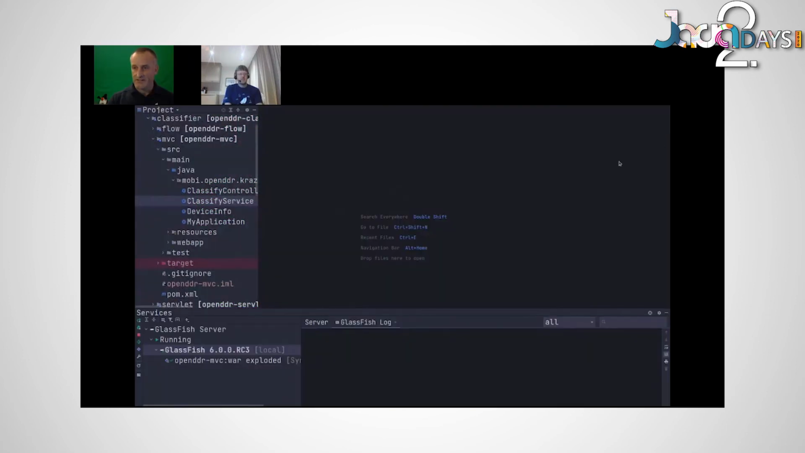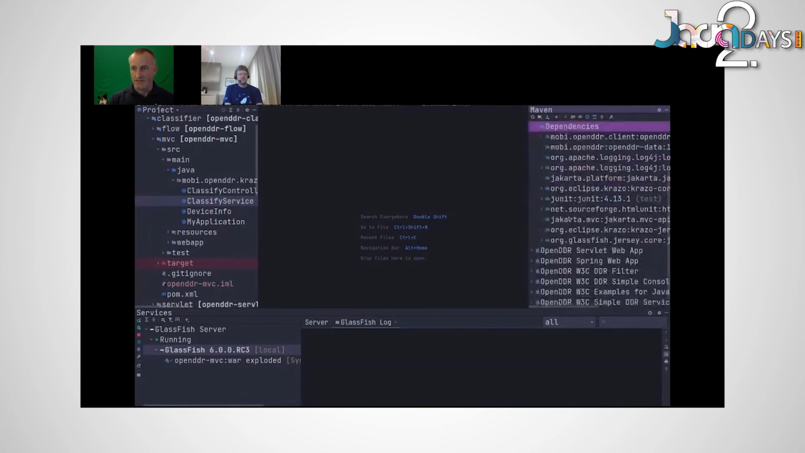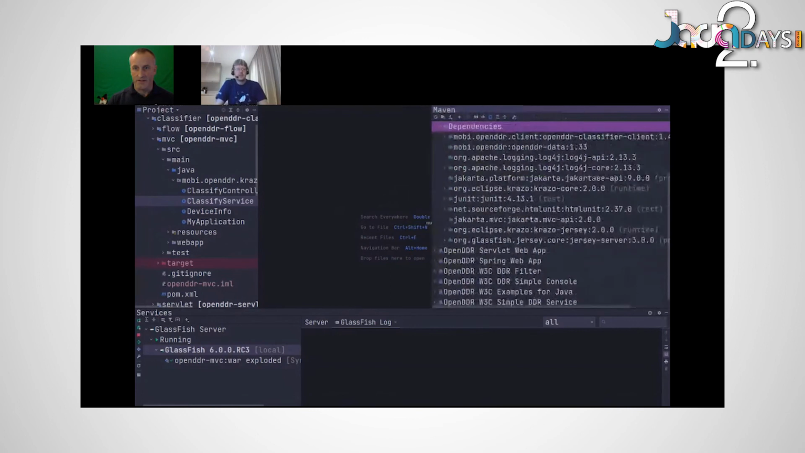I figured out that I'd update it to the latest version of MVC. And as you can see in my Maven project, I'm using MVC 2.0, which is the latest version, and we released it this weekend. What's also notable here is that we're using the Jersey version 2.0 as well,